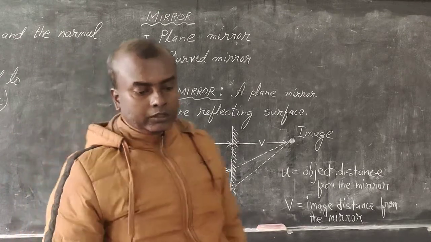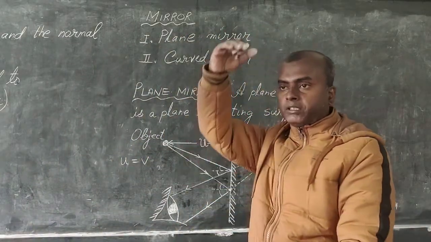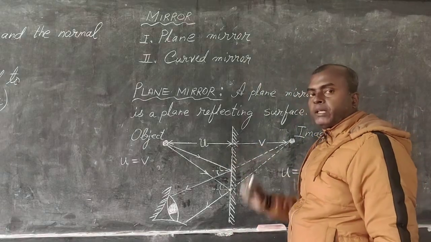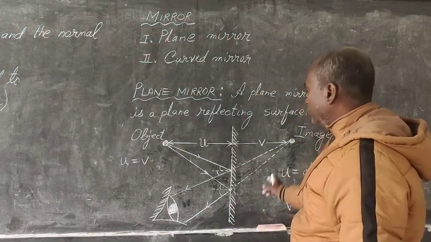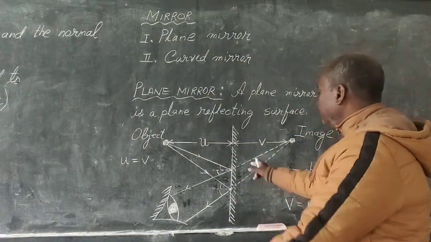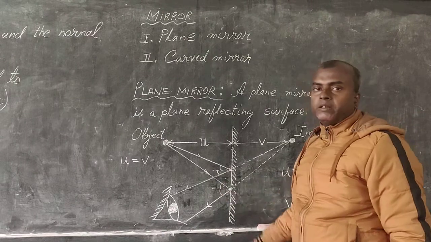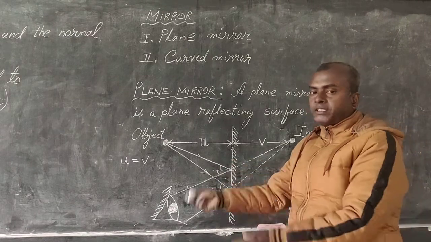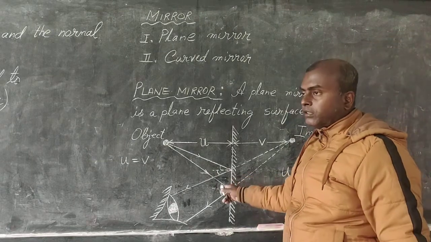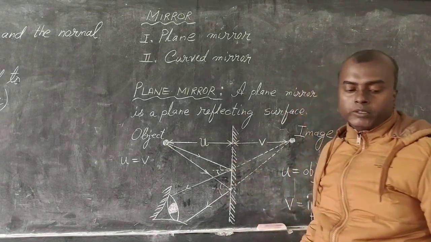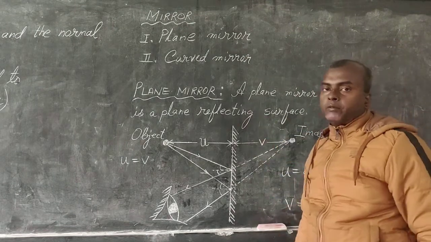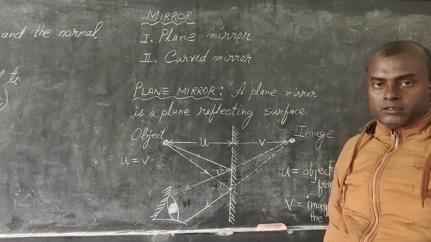Now you have in your book another diagram in which the object is not point size, it is a bigger size object. For that also the same type of diagram is there. I am not going to draw that over here. You will see it on page number 38. It is similar, but I have tried my level best to go one step further than what is given in your book. The explanation there is not as elaborate as I have given over here. So I hope the explanation helps you to understand what kind of reflection takes place using a plane mirror.